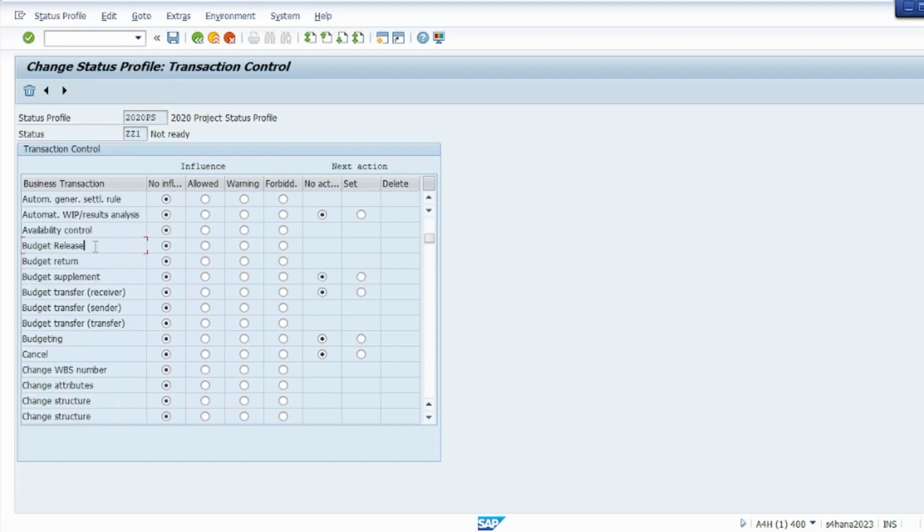We'll just go down to budget release. Can somebody release a budget? Can somebody do a budget return, supplement return, and all those things, right? So at this status, let's just say we will say budget release is forbidden, budget return is forbidden, budget supplement is forbidden, right? Budgeting itself is forbidden